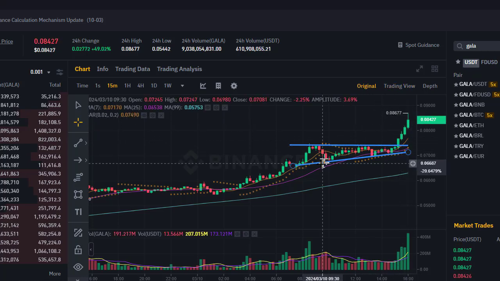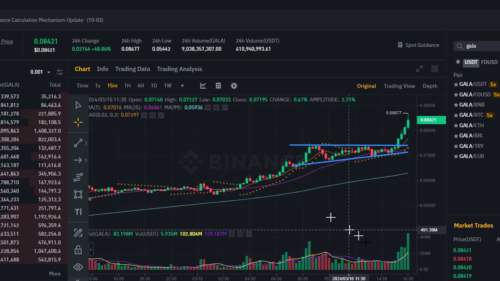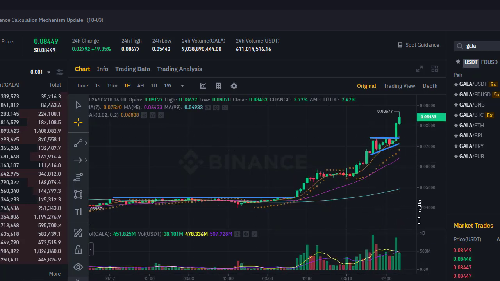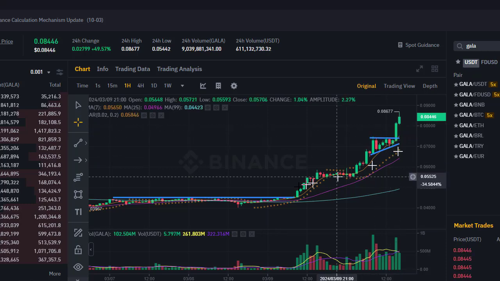And again, where could this go long term? If you're interested in Gala, for instance, just have a look at this as well. We've got record volume here on the volume charts. Let's look back on an hourly chart, and you can see fairly clearly that in this particular hour, which we are currently in, we're only 13 minutes through the current hour, so this could be another high volume. And people are buying this purely because they feel like they're missing out. And I know that feeling.